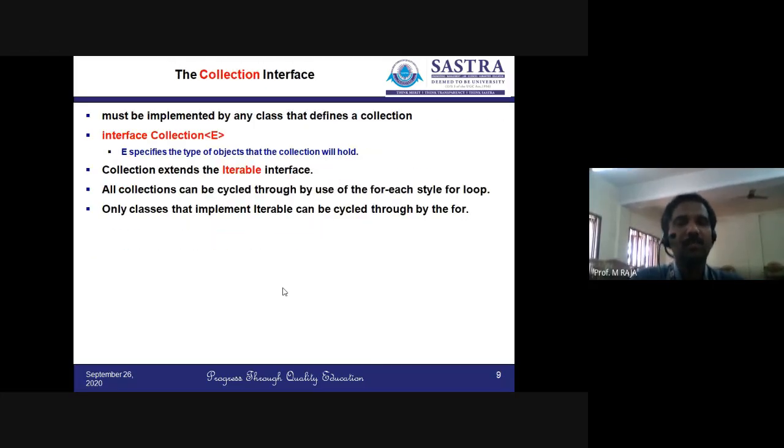The general form of the collection interface is this one: interface Collection. After that, you can see in brackets a capital E. This means that this is like a class template. We have studied templates and exception handling topics in the C++ language. So Collection is a class that can operate on different types of objects,